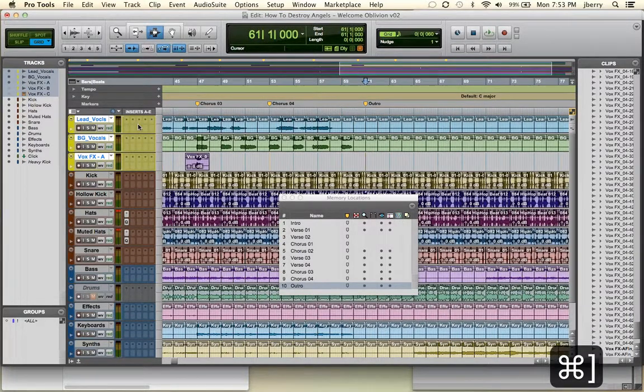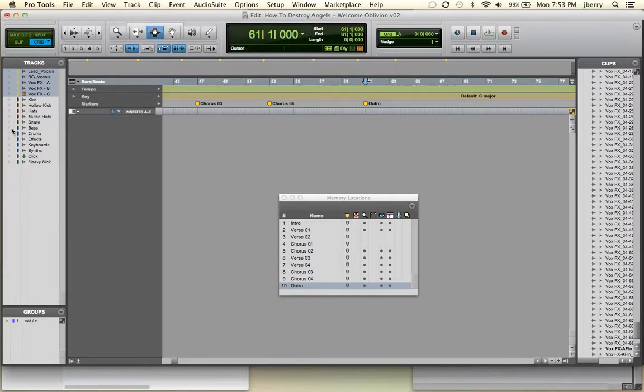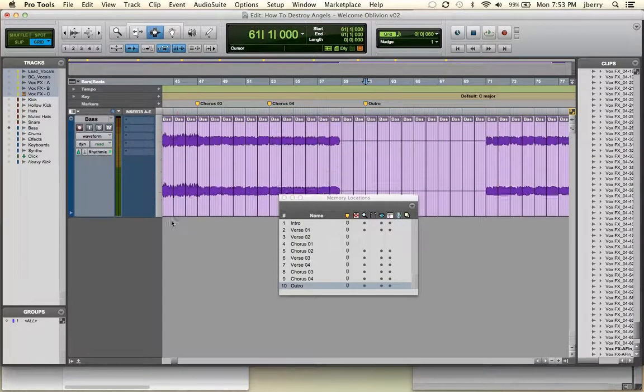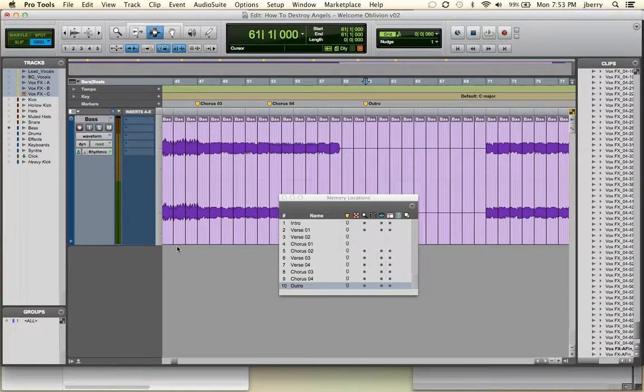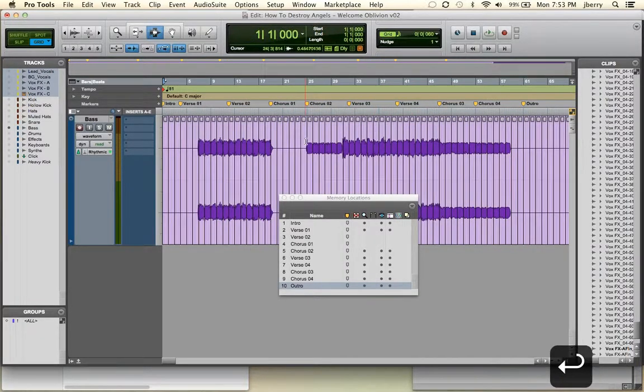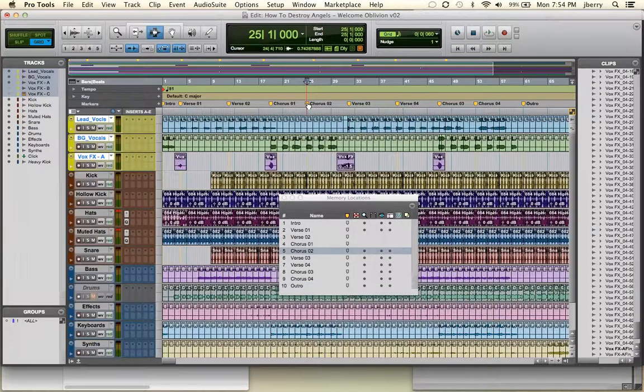That's really going to help us out in a moment when I start picking apart this bass part. I'm probably going to be able to just do the parts that I need to do and then drop them in where they need to be, because we've already got an outline of the song using memory locations. So if we take a listen at chorus 2, I believe we're going to listen to